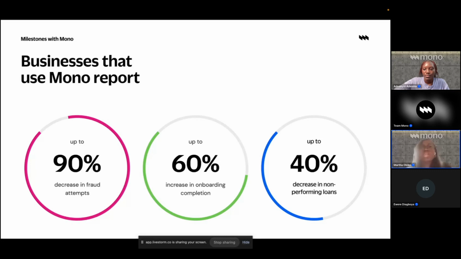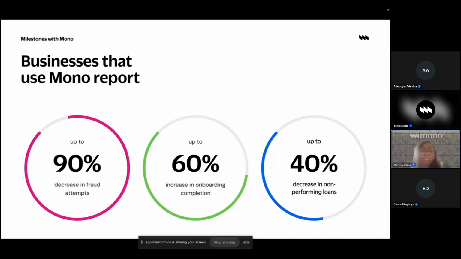So, for example, if a user is signing up to a service and they are required to enter several data points to prove their identity or to be able to use that service, oftentimes when they enter that information, it takes days for it to be verified. And when that happens, the users tend to drop off.